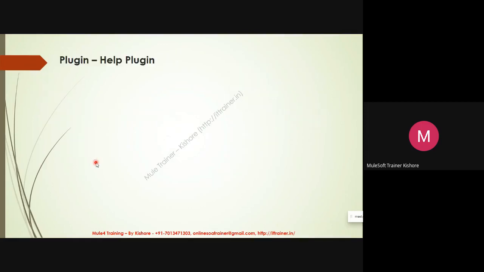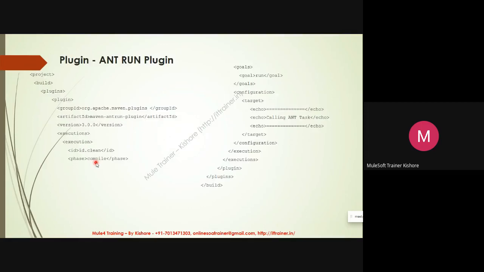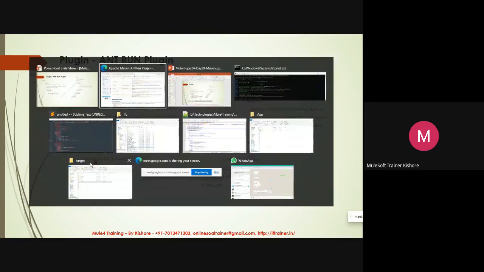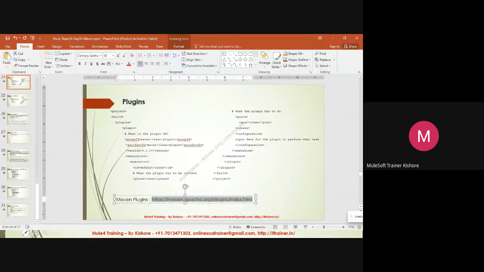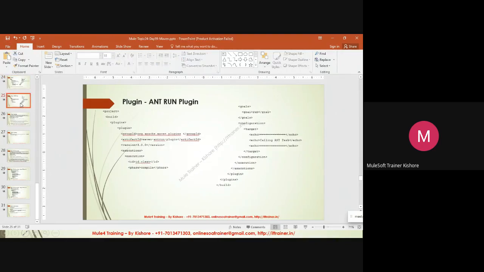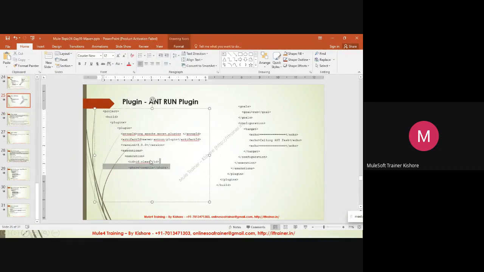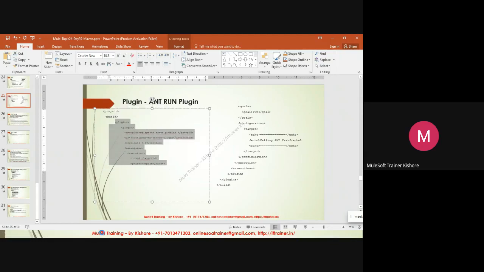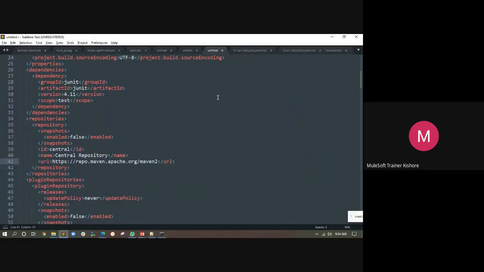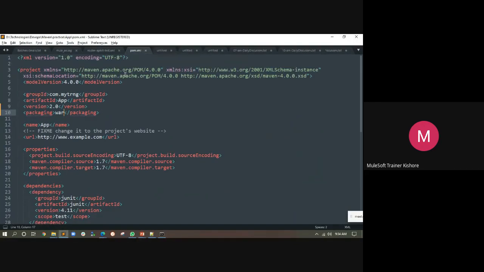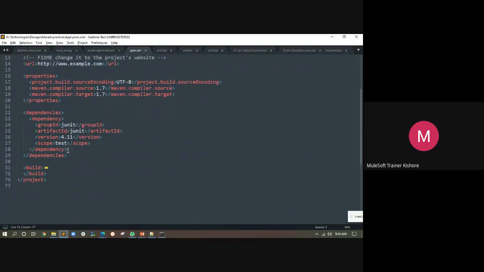Okay, let's go and do that. Go and get a copy of this. Not sure whether this will work or not, I prepared this a long time back. Build tag, plugins, Control Z. What happened to this? Where is my pom.xml of this dependency?